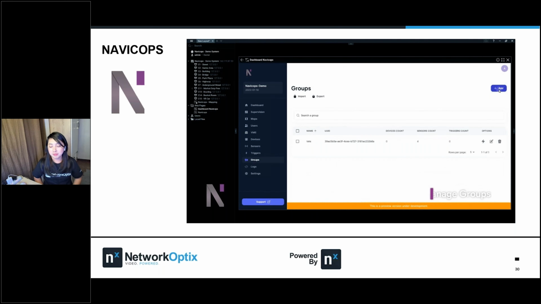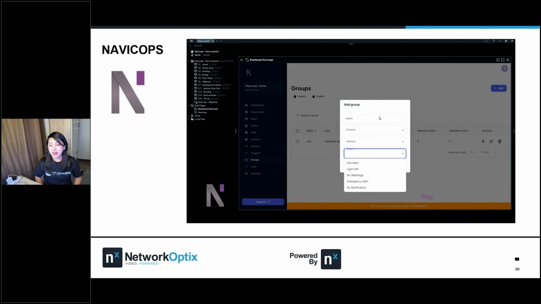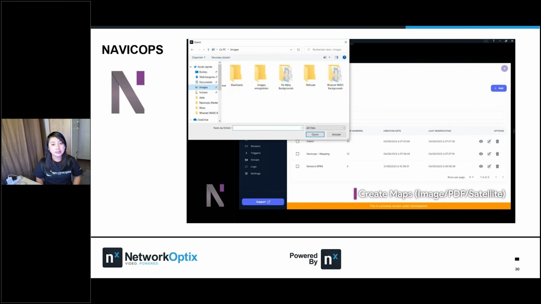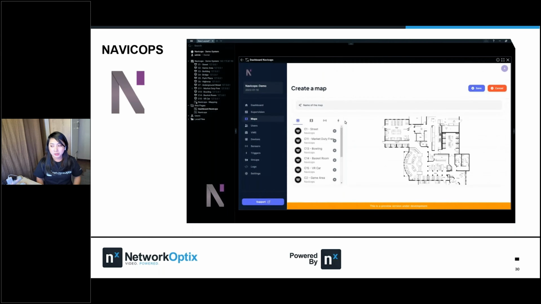They also have figures, by the way, using the IO. And then you can select a map using an image.